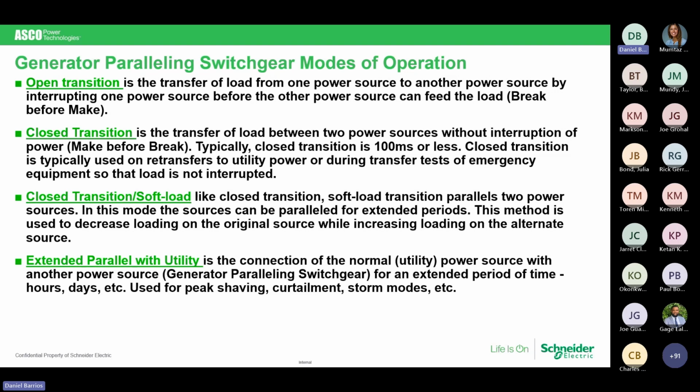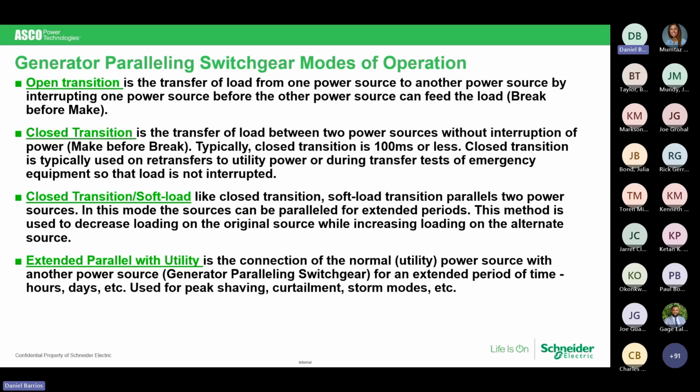This is something very important to discuss with your local utility company. Some of the Public Utility Commission, the PUC rules, say if I am on and off in 59 cycles, I fall under this criteria. If I'm closed for longer than that, now I have more protective relaying that needs to be added to my system. Many of the utilities also want to know where you're putting that system in, even if you're on and off within that short period of time.